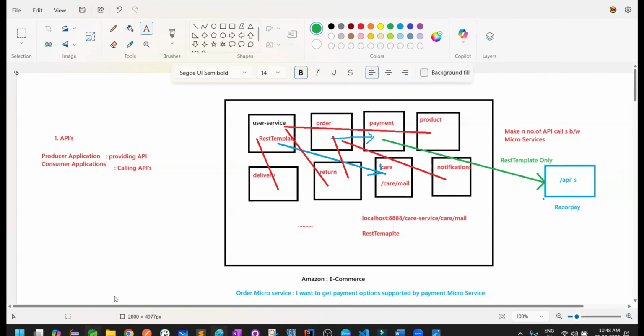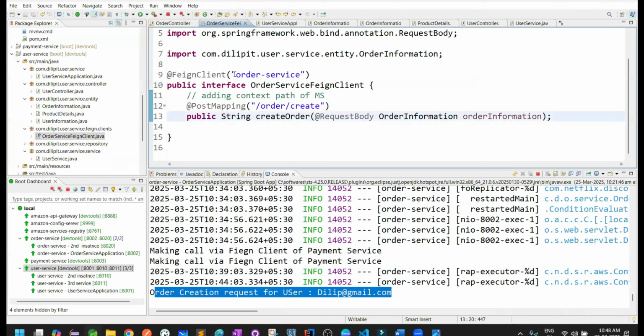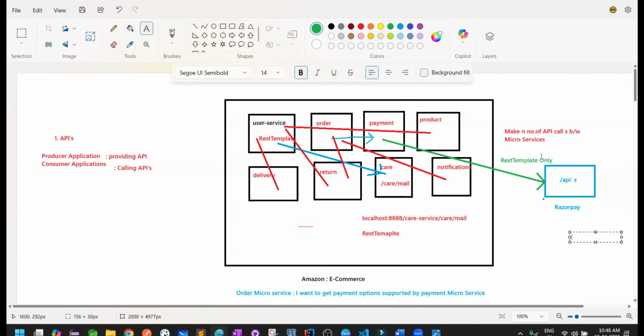Why? Feign client, if you observe here, works based on the service ID. The service registry works on service ID, but this is not your microservice. It's not your private microservice. See, these are all your microservices under a single application, as part of your application, your own microservices. The control of everything is under your